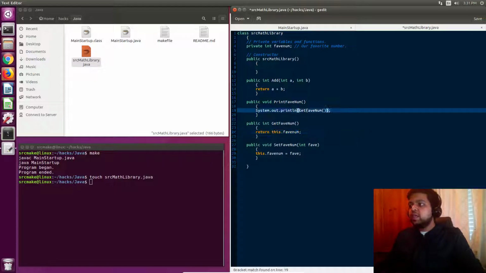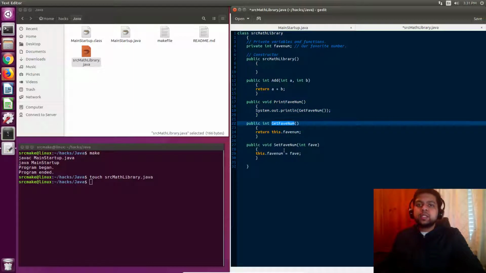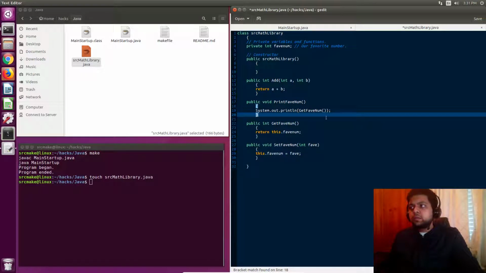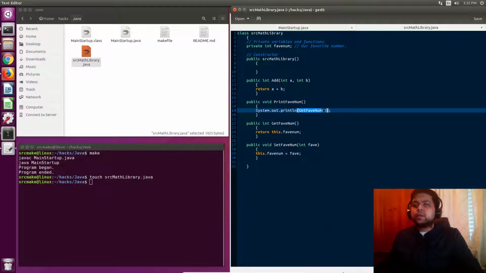We could do this, right? And that would be the exact same thing because it's returning this.faveNum. But that's bad architecture, because later on maybe you want to do something with the faveNum, and you'd have to change the code here and here to make it work. It's always good to only access the private variables from the actual getters and setters. That's just the way it works. In other programming languages, it's a little different, but for now, this is how you use it in Java. So we're going to print the favorite number by getting it and then calling it on